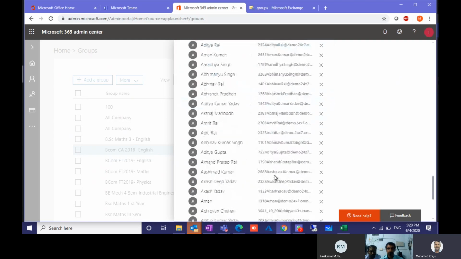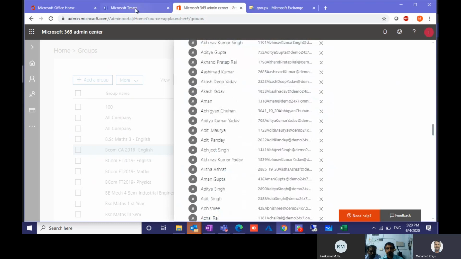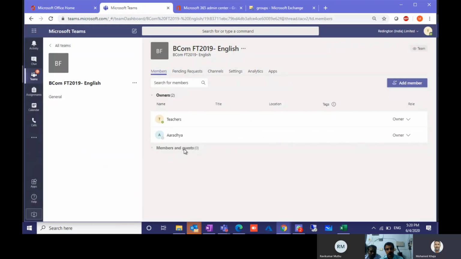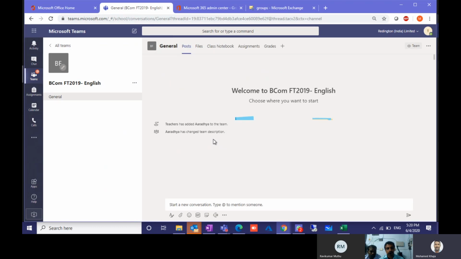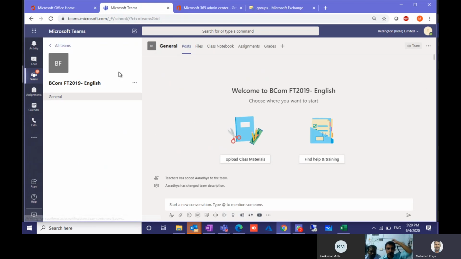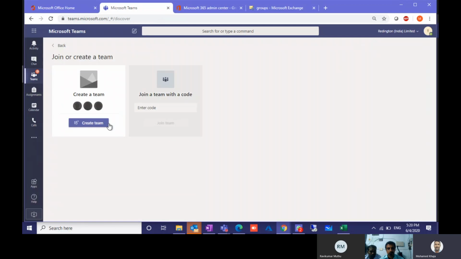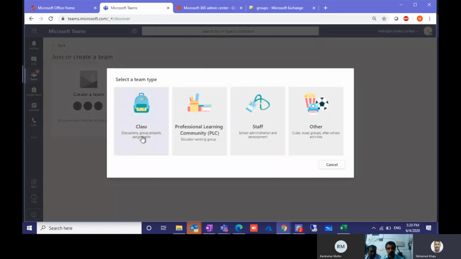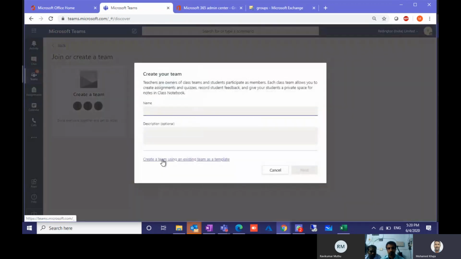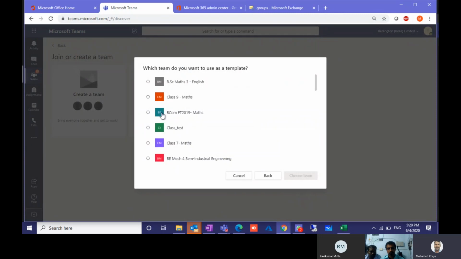Yeah, all the members are added, but it will take some time to reflect onto your Teams. Also, when you clone this team, I create again one. Now I'm going to clone the class team and create using this one.